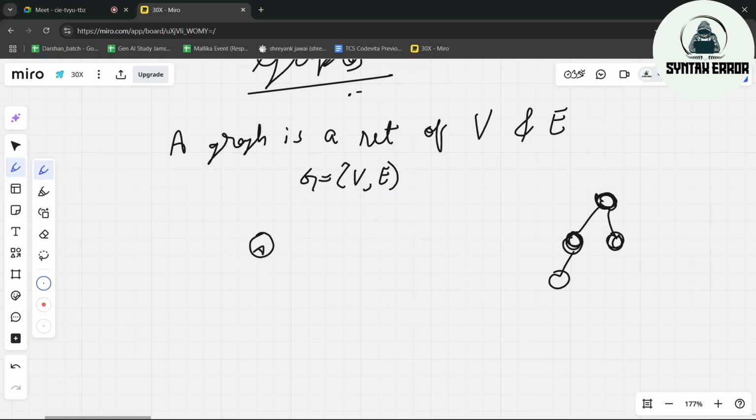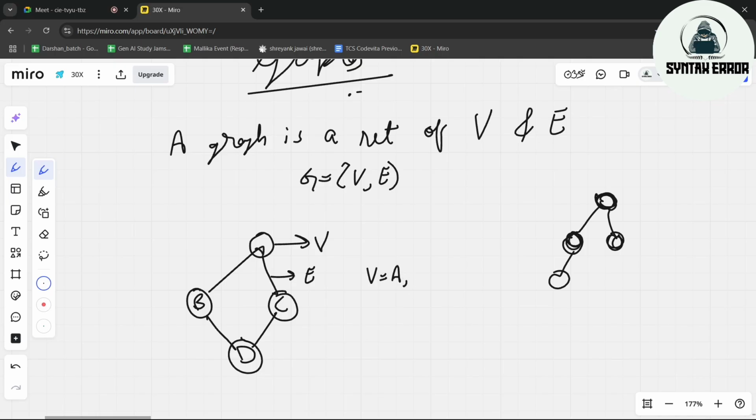So let's take an example of a simple graph. Let's consider this cyclic graph in which A is a vertex and the connected lines are edges. So in this graph, what are the list of vertices? A, B, C, and D. These are all considered as vertices. We can call it vertices or else nodes. If you want to continue with the nomenclature of trees, you can just say nodes.